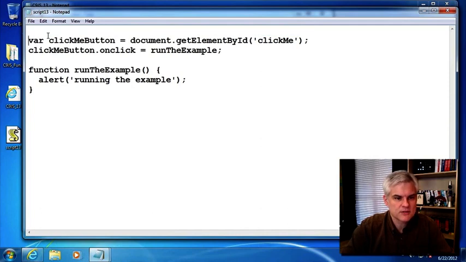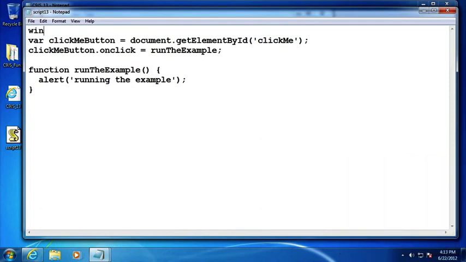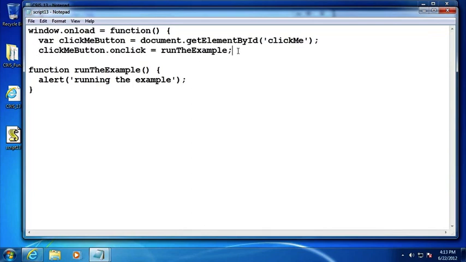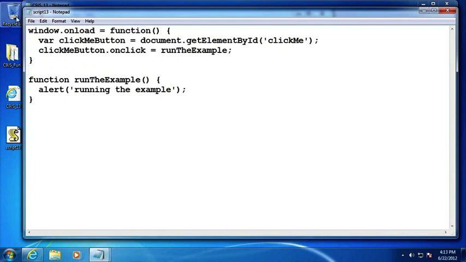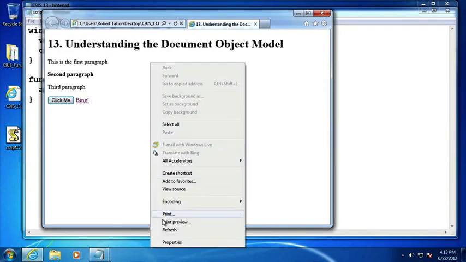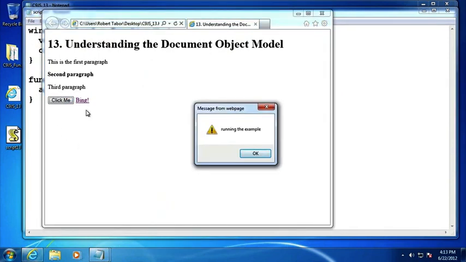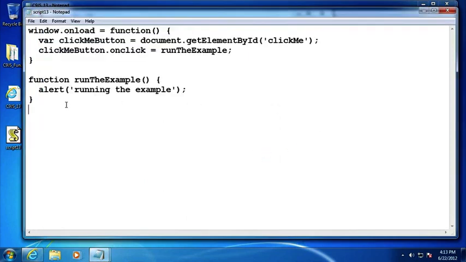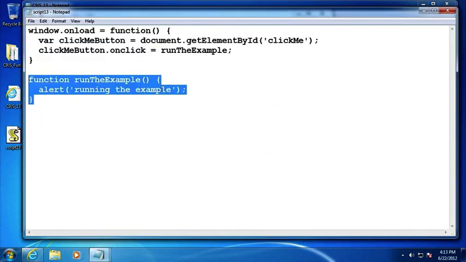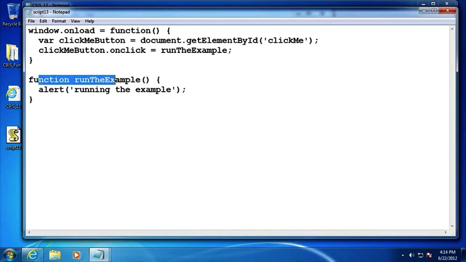And what will work? Well, here's what I'm going to do. So we'll go window.onload equals, and then I'll create an anonymous function, and that anonymous function will just contain these 2 lines of code in it. All right, so let's save this. Let's refresh that. And now when we click the Click Me button, we get the running the example alert box to show up